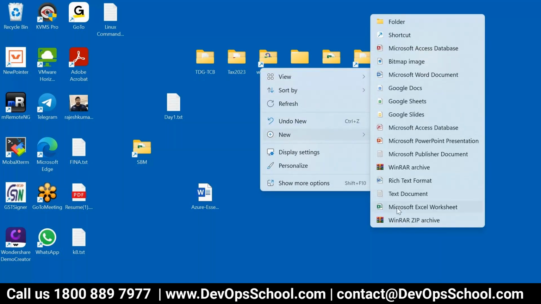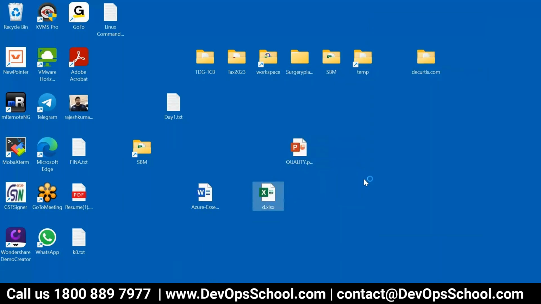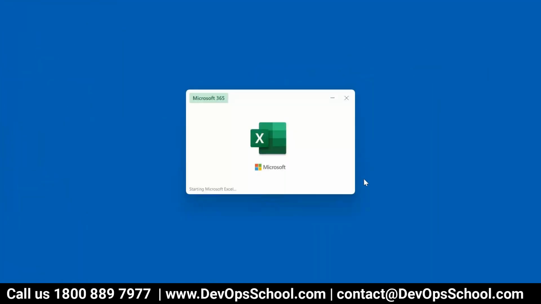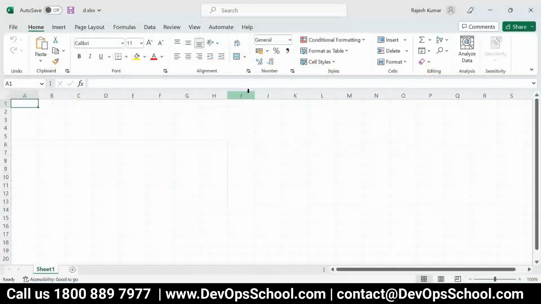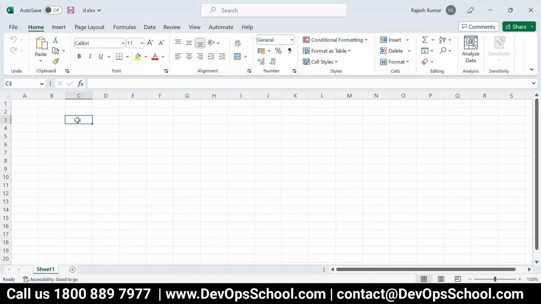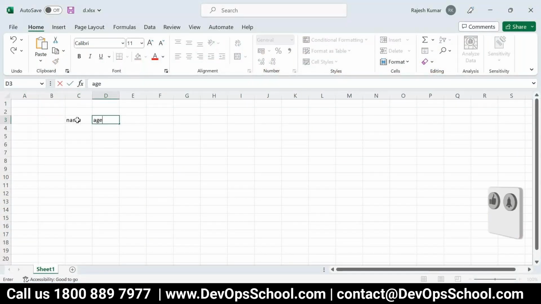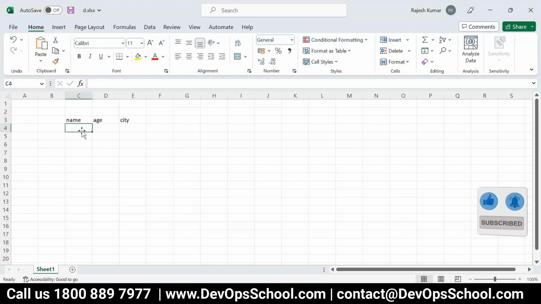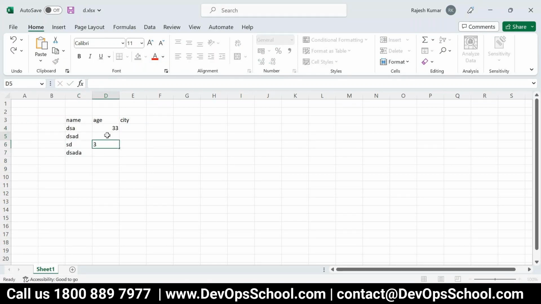So this is the file, and in this file you have content like name, age, city, something like that. And something like this is the content of the file.